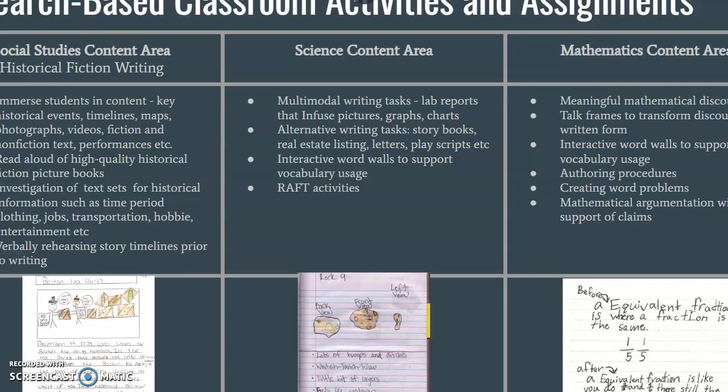So here we have some research-based classroom activities and assignments that could be utilized within a social studies content area for historical fiction writing. We're looking to immerse students in content area, events, timelines, maps,